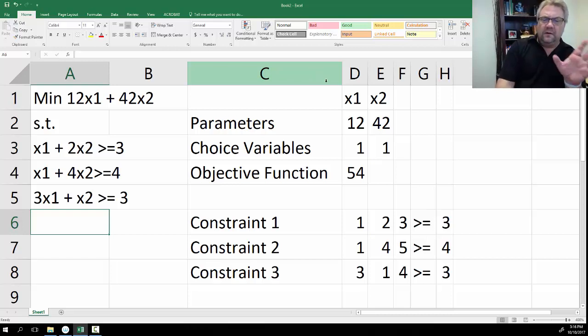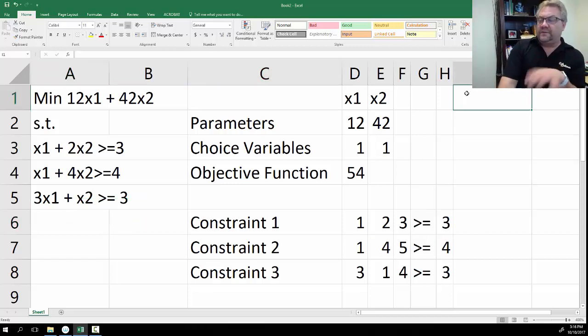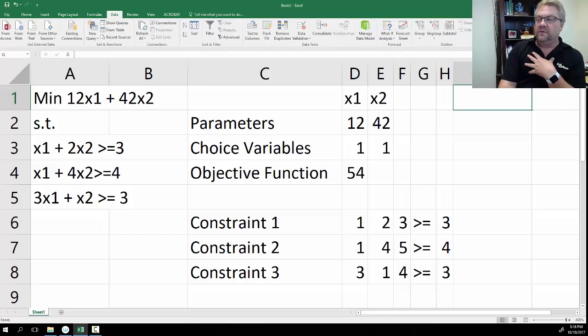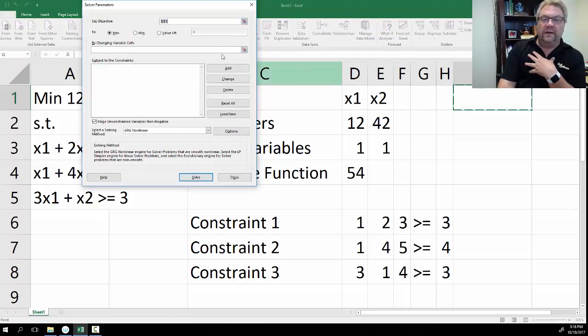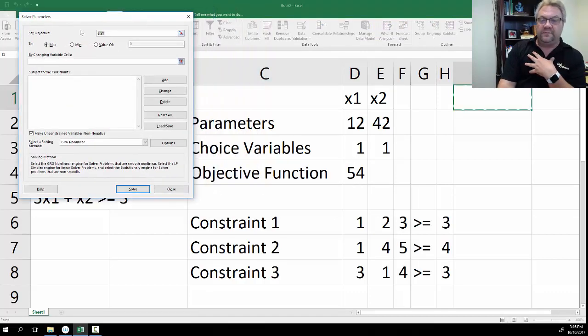Okay, enough with that. So we've got the problem set up. Now it's time to solve it. So I am going to go into Data. I'm going to go into my Solver. And of course, set my objective function. Well, that of course is